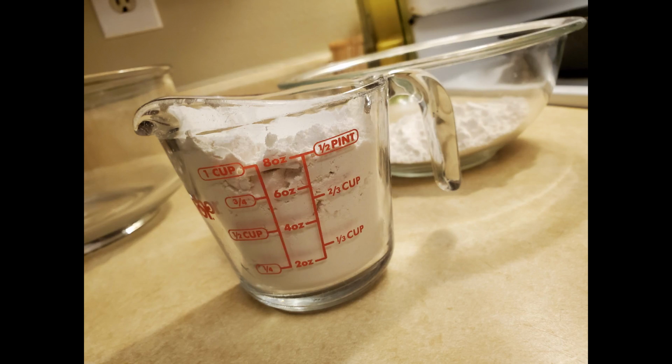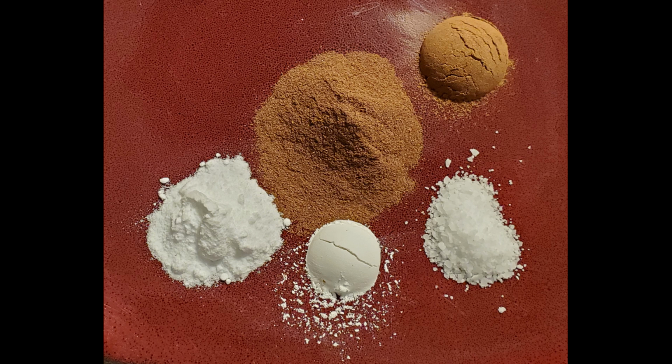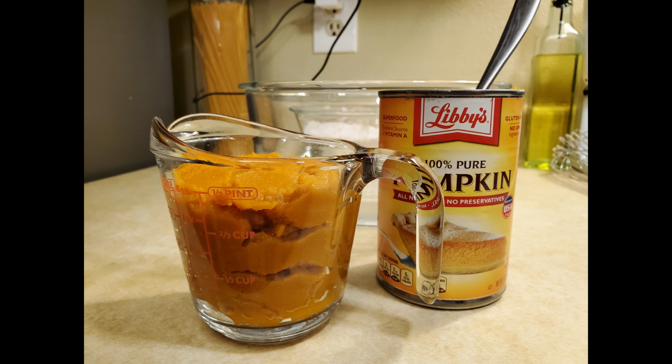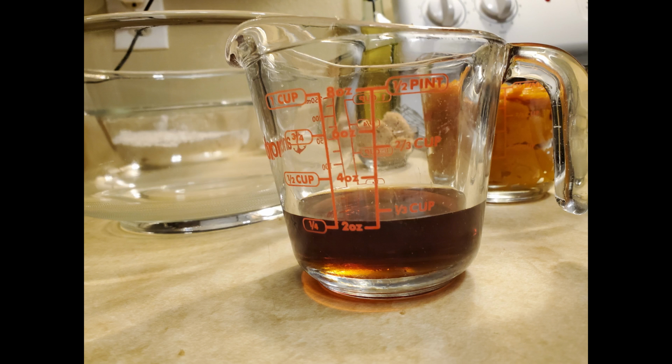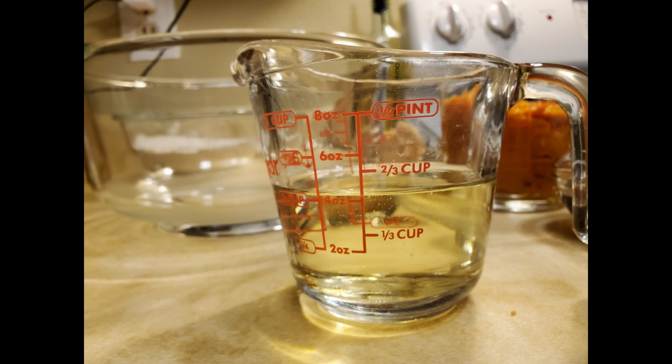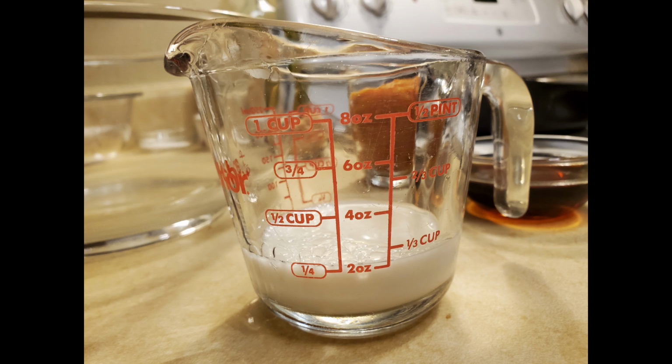Alright, so for the cake we're going to use 2 cups of all-purpose flour, 1 teaspoon of baking soda, half a teaspoon of baking powder, 2 teaspoons of cinnamon, 1 teaspoon of pumpkin pie spice, and a half teaspoon of salt, 1 cup of pureed pumpkin, 1 cup of brown sugar, a 1/4 cup of maple syrup, a half a cup of vegetable oil, a 1/4 cup of milk, and for the crumble we're going to